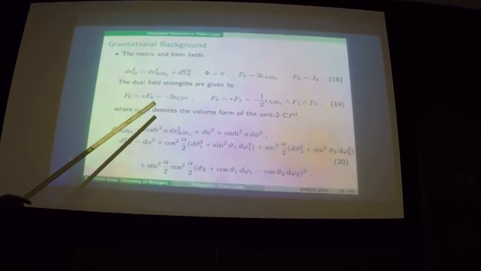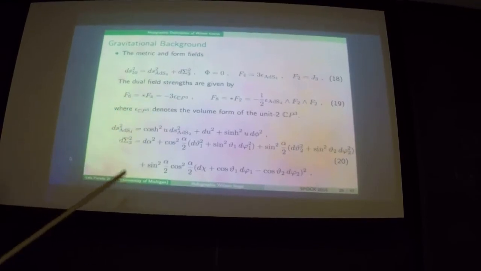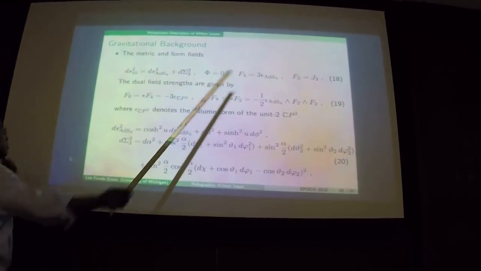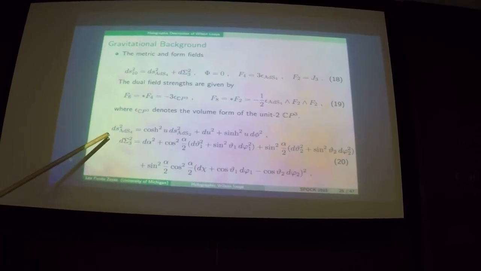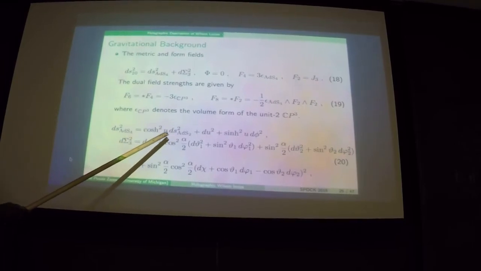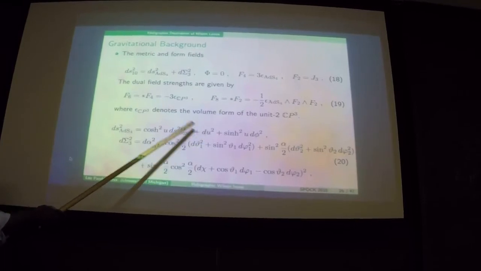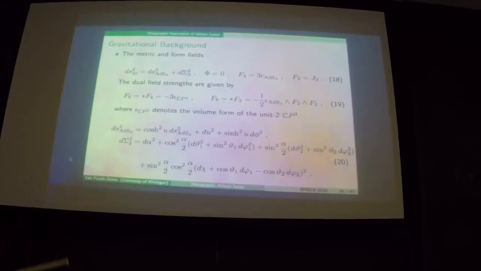There's of course F2 and F4. This is the background with the Ramond-Ramond fluxes. Now AdS4 is convenient for this problem to look at the foliation in which I have AdS2 here, and then this coordinate U and then AdS1. For CP3, I'm going to use this parametrization, which, as you will see,